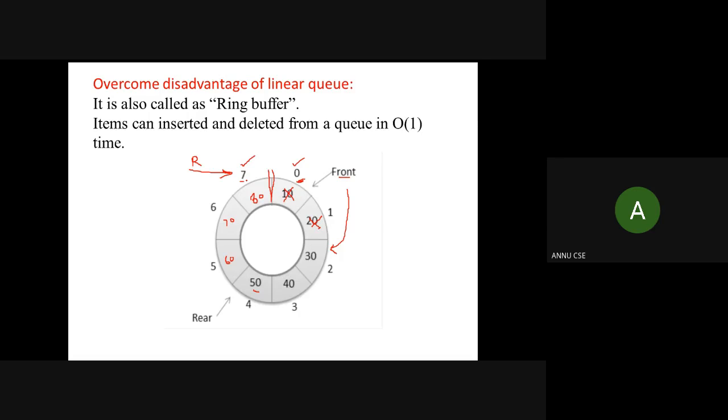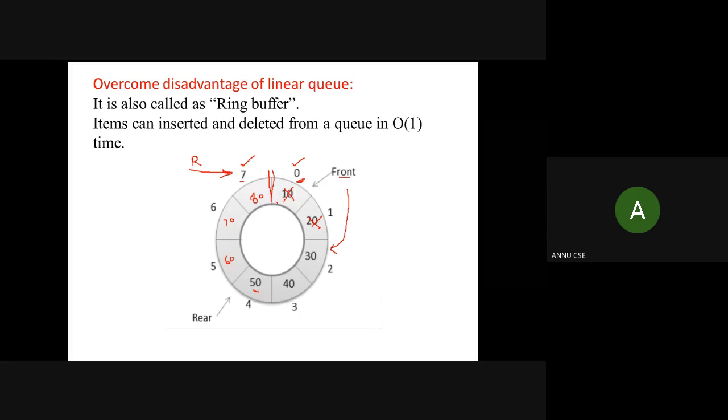In a circular queue we can utilize these vacant spaces, no matter where rear is pointing. Because front is not pointing to index number 0 and rear is pointing to index number 7, the overflow is not there.